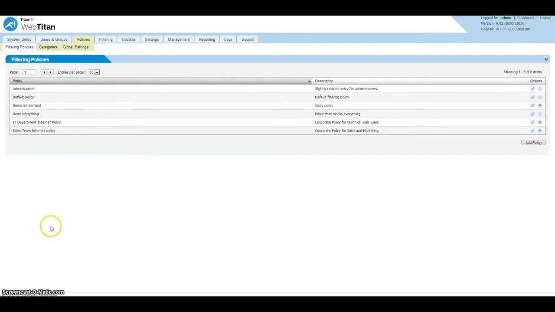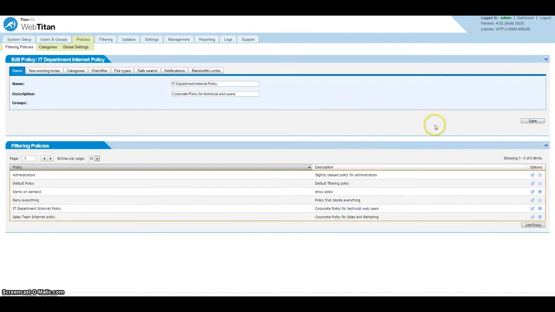So when you get to the policies page, as you can see here, the product gets shipped with an administrator default policy, which allows everything. The default policy is important initially from the setup because everyone who goes through the product initially will be on the default policy. But as I said earlier, the IT department policy, which is here, you assign to that user. You specify a name. Everyone gets the same template filtering policy, so you just save it, rename as you're creating